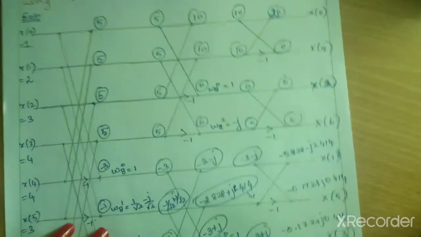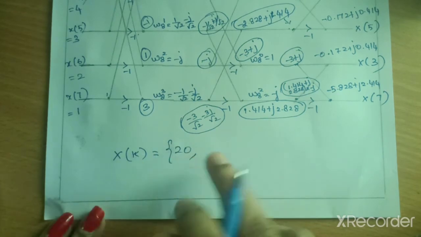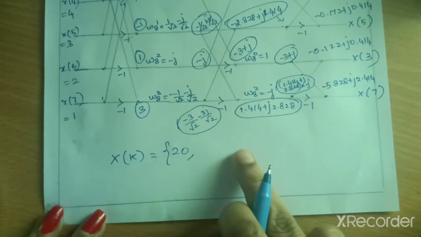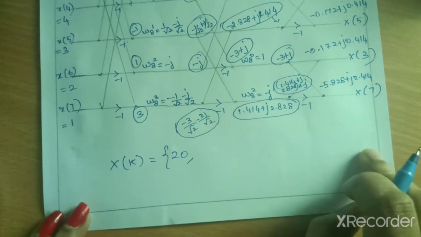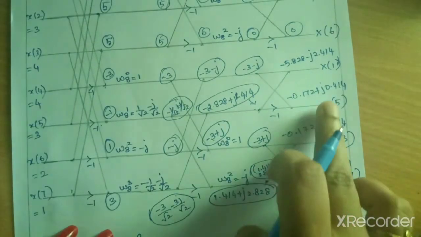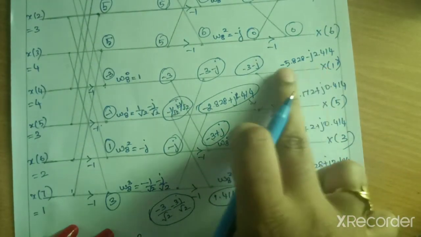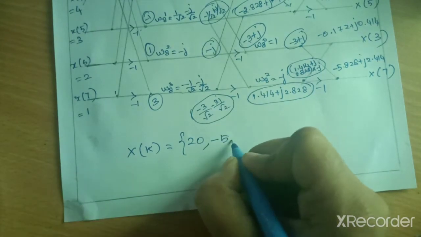Here it will be in the order of bit reversal, but in the answer you have to write in the correct manner. That is x of 0, x of 1, x of 2, x of 3, x of 4, x of 5, x of 6, and then x of 7. So first I have to write the x of 0. Next you have to find the x of 1 value and then write it here. So minus 5.828